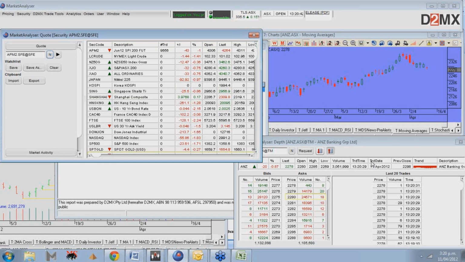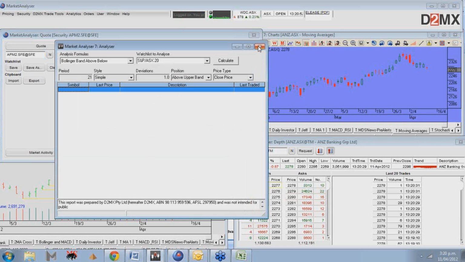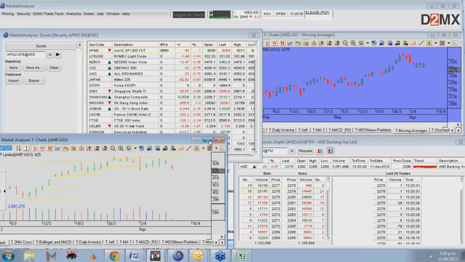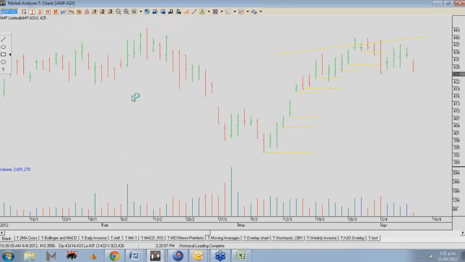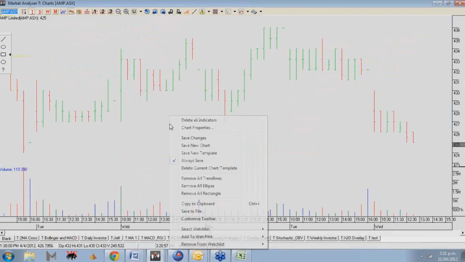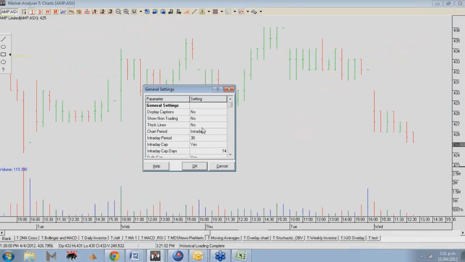Chris, how do you maximize the intraday, say 10-minute chart to fill the screen? We come down to the data that you're loading, Chris. So if we go up and right-click, we'll go to intraday, right-click and go to chart properties, and intraday we want 10-minute period, and if you want more data you want to remove the intraday cap and just say no to the intraday cap, tell it OK,